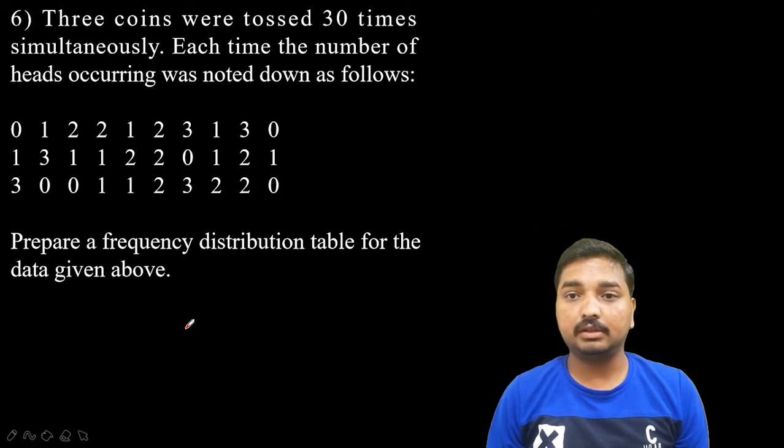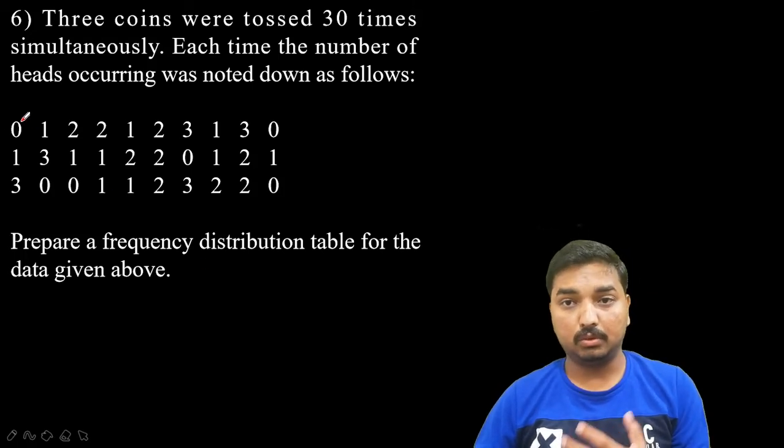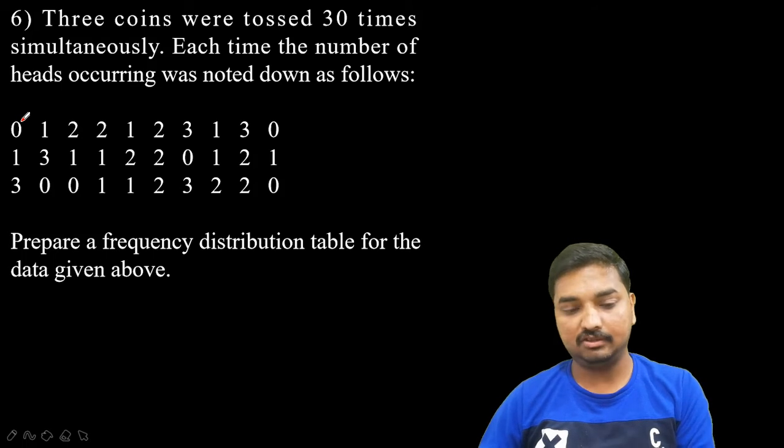It may happen like this. All the 3 may be head, all the 3 may be tail also. 2 head, 1 tail. 2 tail, 1 head, like that. There are a lot of possibilities, and among these possibilities, now he is going to take the count like this. How many heads appear if all the 3 tossed the coin the first time. In the first trial actually 0 heads appear, which means all are tails, that's why it is 0.